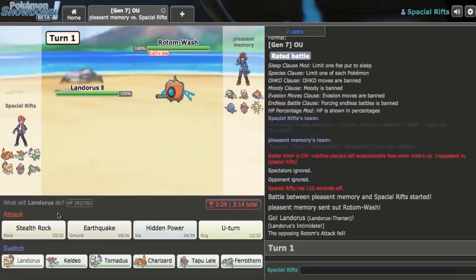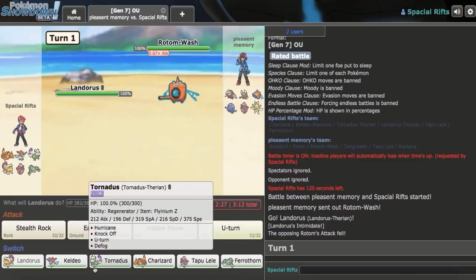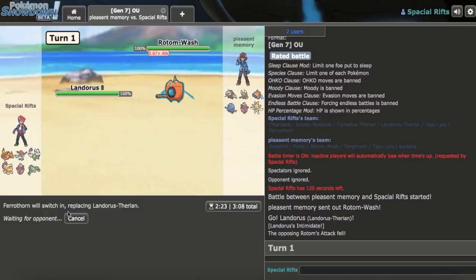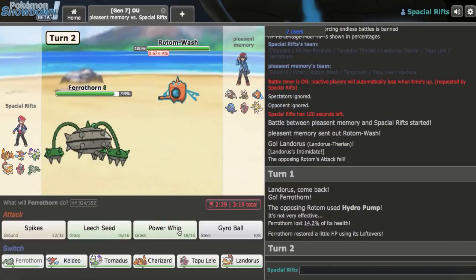So let's lead off here with Lando. He actually leads off with Rotom. So against the Rotom here, I gotta figure out something. I think I'll just go Ferrothorn. What do I need Ferrothorn for? I need it for Lele actually, so...